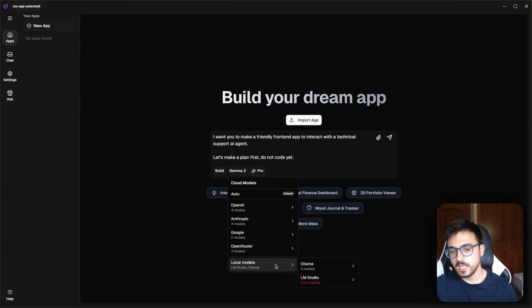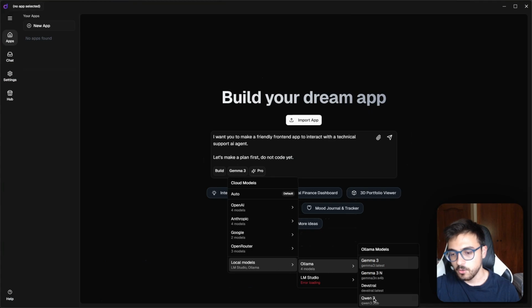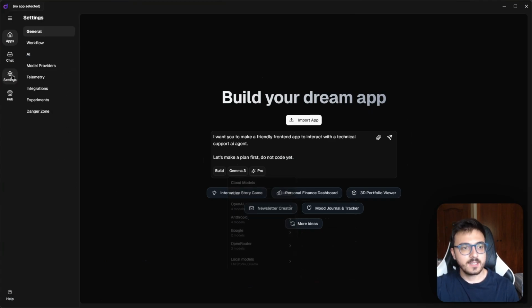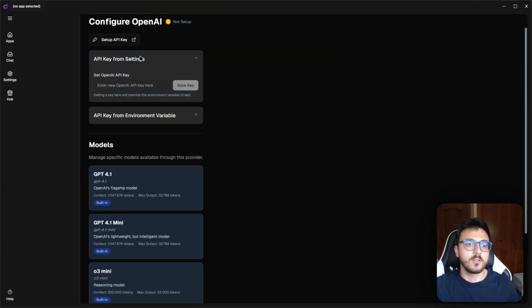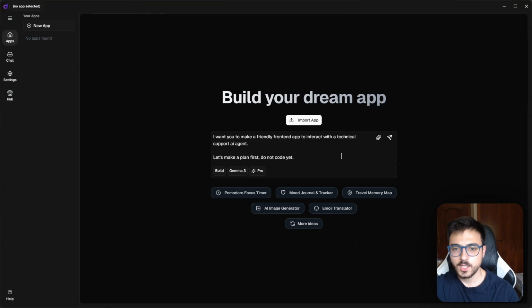And also you can select local models here. I have all these installed, and yeah, basically that. And to set up the APIs, go to settings, go to this section, and start setting them all up. Okay, so now that we've seen the homepage, I'm just going to build a friendly front-end app to interact